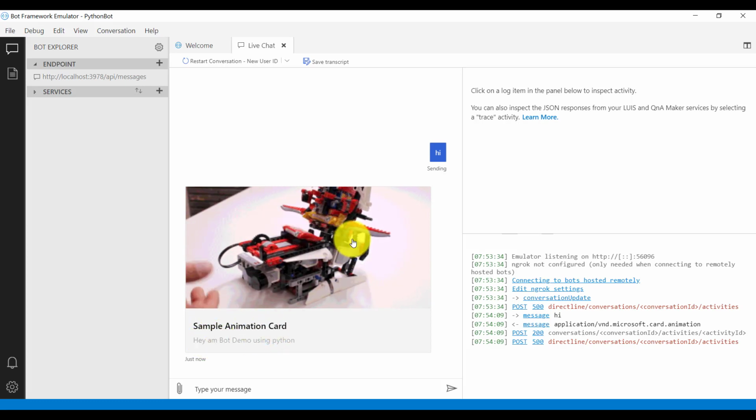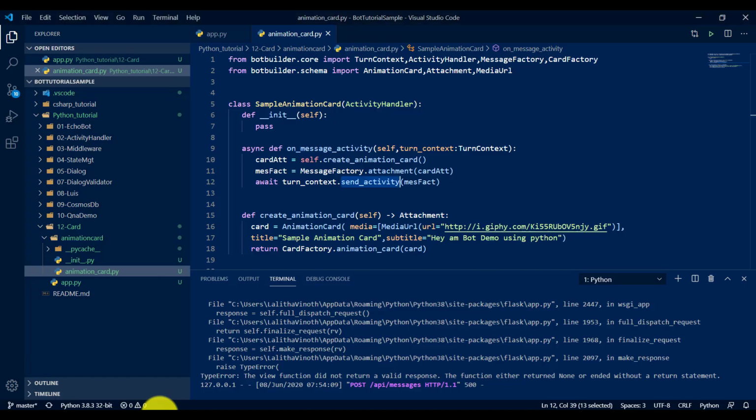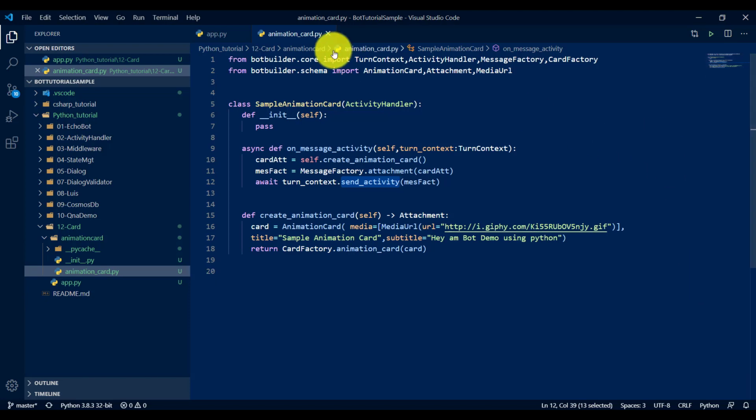I hope you understand how to implement this animation card in an application, and the use of card factory and message factory. I'll stop the application now. I will do one small correction here.